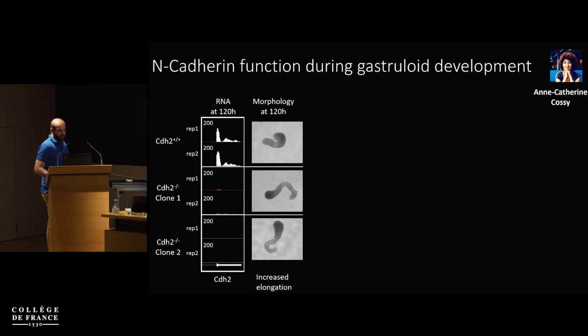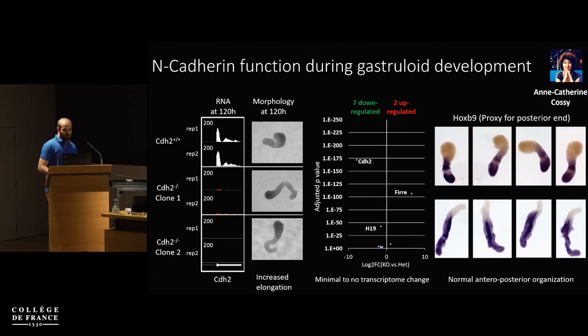N-cadherin, sorry. And so when we grew gastruloids out of ES cells that lacked N-cadherin, we can see that they elongate quite nicely, even better in a way than the typical gastruloids that we grow. So clearly, the self-organization into a single elongating gastruloid does not require N-cadherin. Although you have these still quite important morphological changes, when you look transcriptionally, you can see that very little is happening.